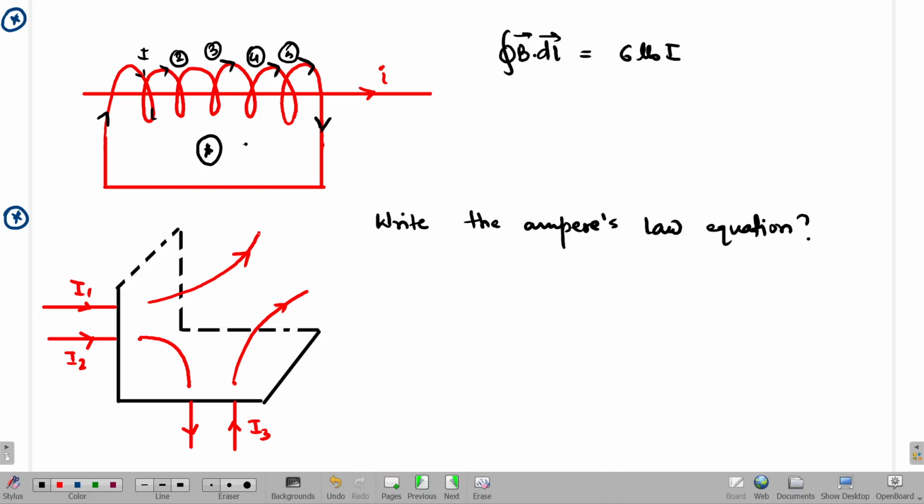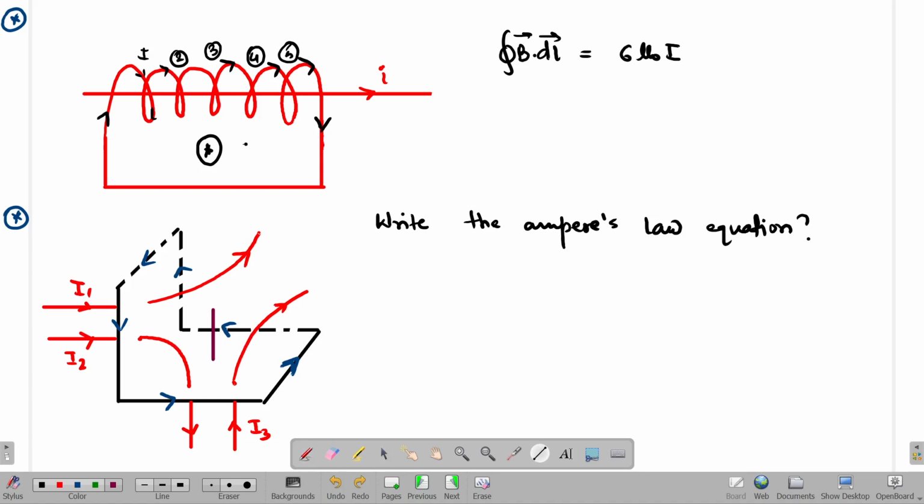Can I help? See, basically first I need, this is my Amperian loop, isn't it? This black line is an Amperian loop. So I need to consider the direction of the magnetic field or not. Let's suppose it is like this way. Now, if it is in this direction, then we know that perpendicular components are positive, isn't it? If you look over here, it is anti-clockwise. So it means that perpendicular like this way, and here also perpendicular like this way. These are positive, isn't it?